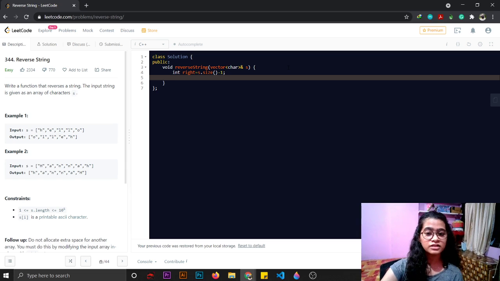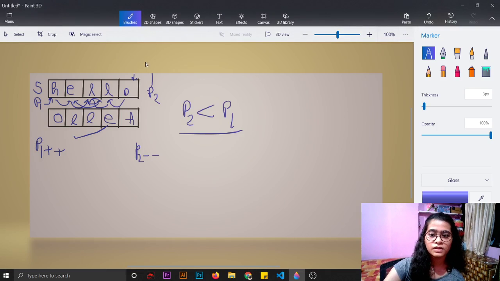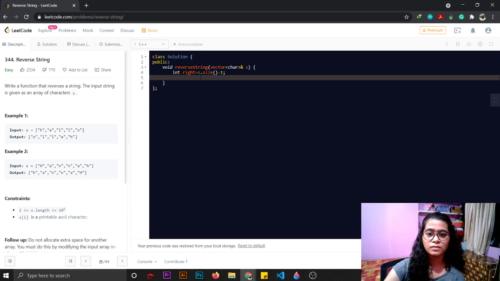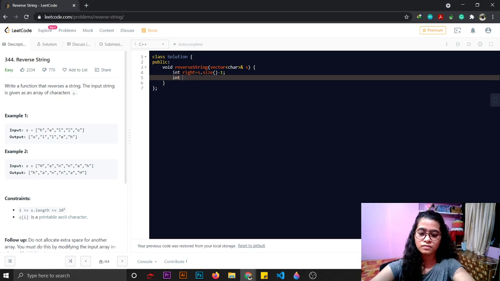The right side is the p1 pointer. This pointer, which is the end pointer. Because we are starting it from 0, so we are taking s dot size minus 1. That is 1 less than the size of the array.